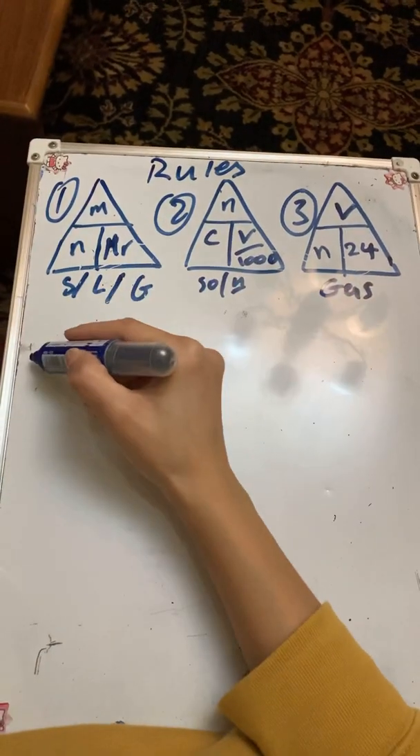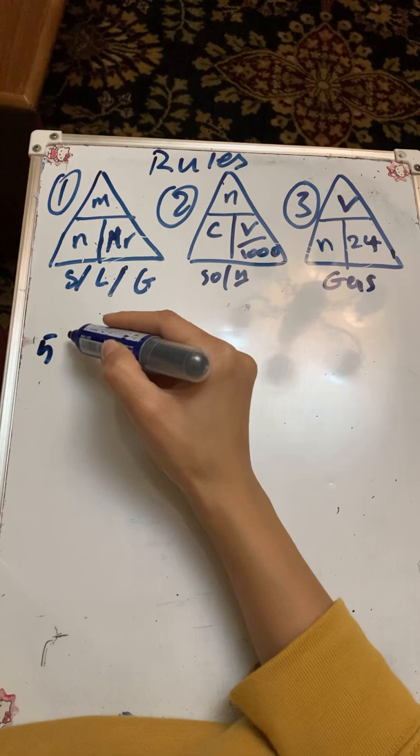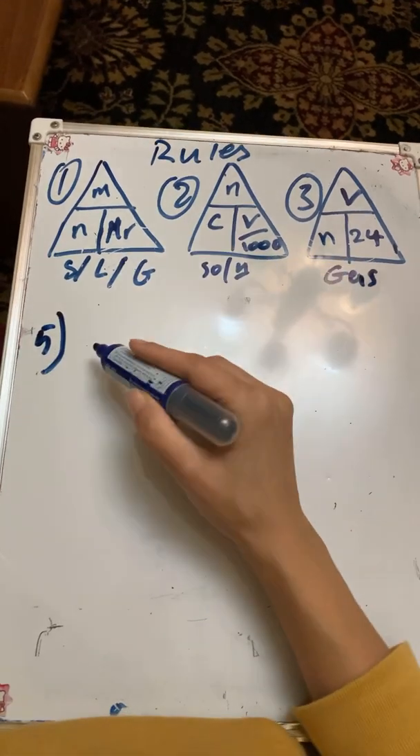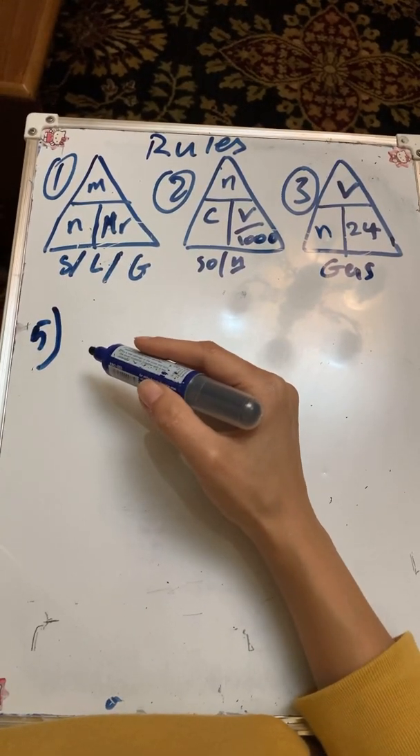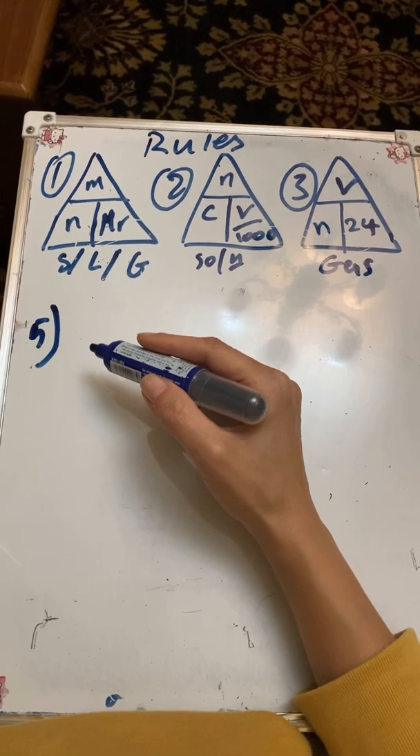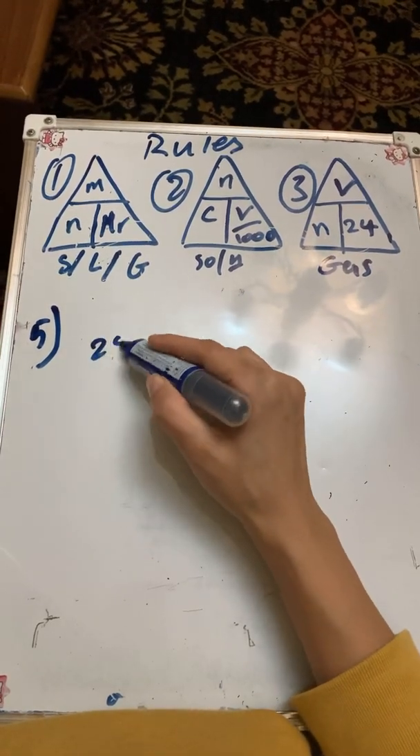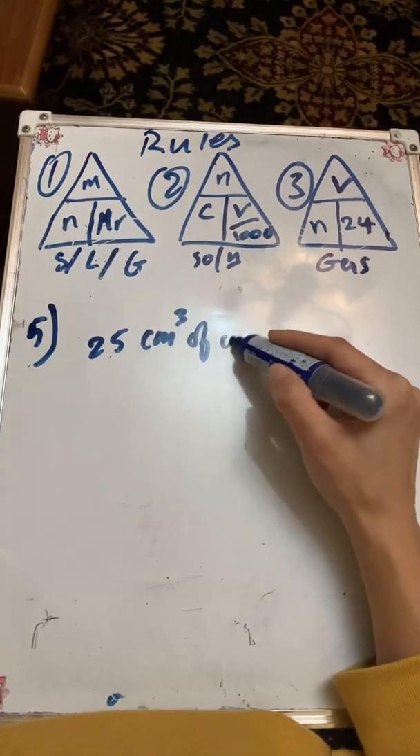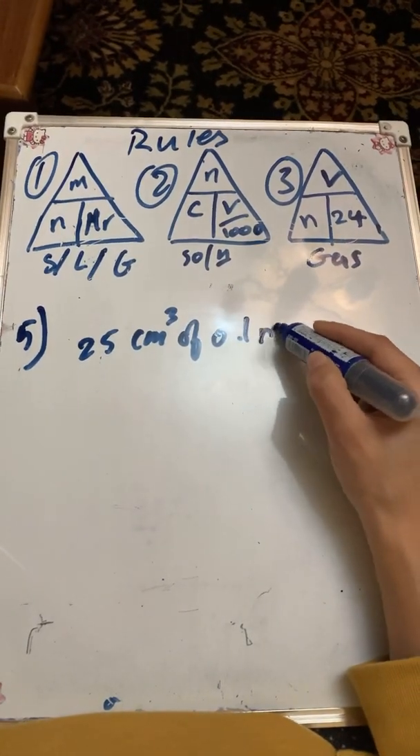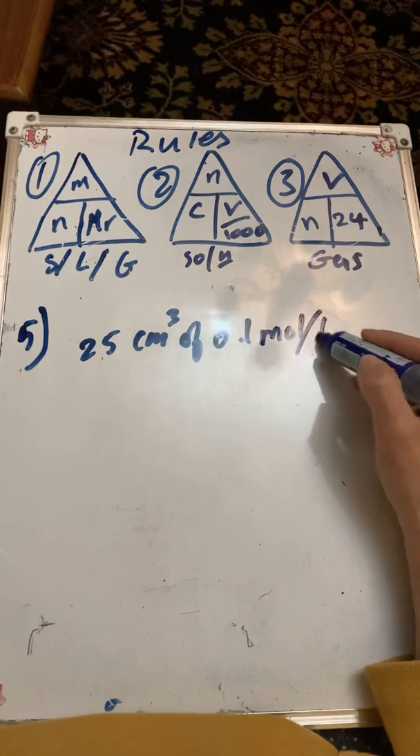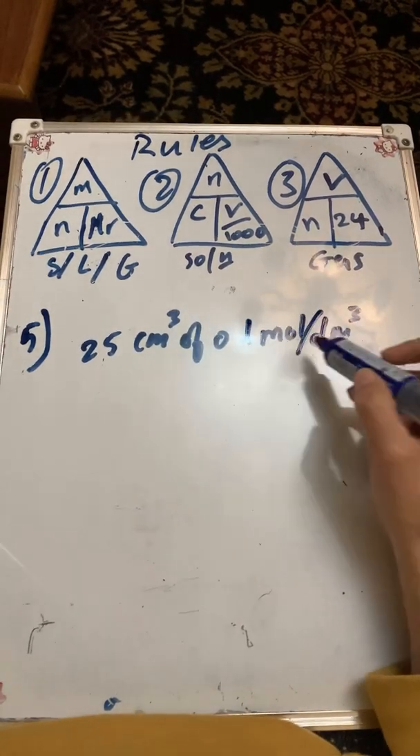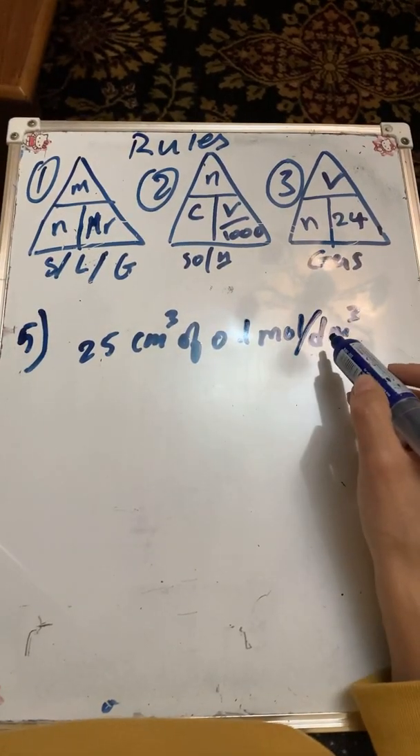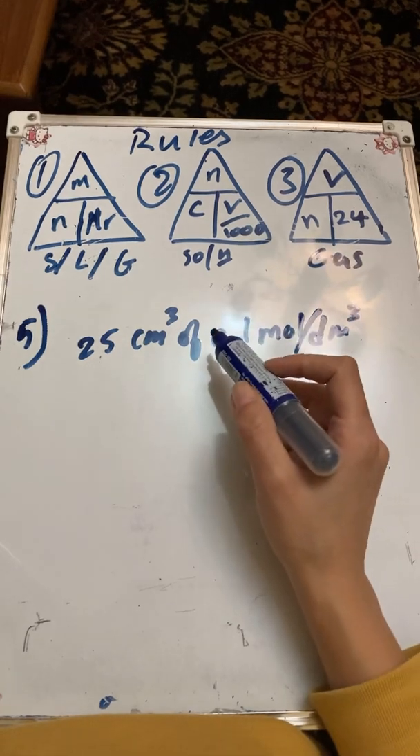Okay, question number 5. Questions 3 and 4, do it on your own. Question 5 says, calculate the number of moles of 25 centimeter cubed of 0.1 mole per decimeter cubed, and that would be the concentration, of